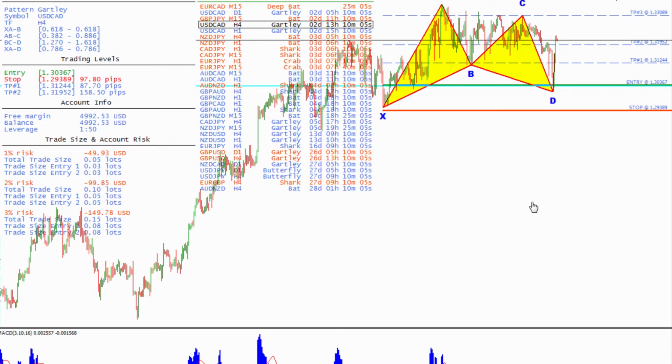So let's take a look at this together, and we show a real example. Okay, X went to A. That was an impulse leg where the market went from low to high. That first retracement down hit that 618 retracement of the X to A. Then from B to C, it went between a 38 and 88% back up, and then down. 786% of the X to A leg went down in that zone. So that's where you have this pattern called the Gartley. All right. And once it comes into the zone, that's what's called the PRZ, the potential